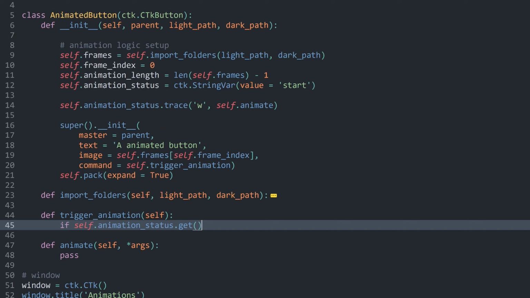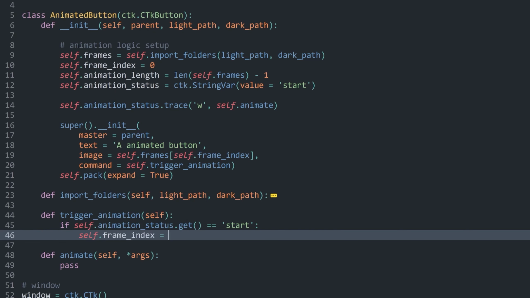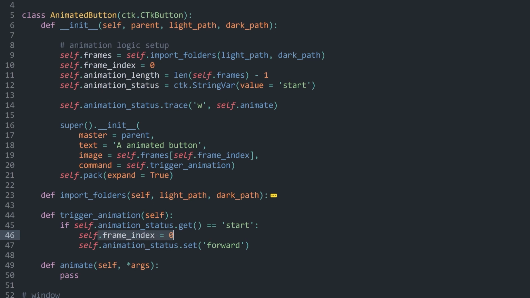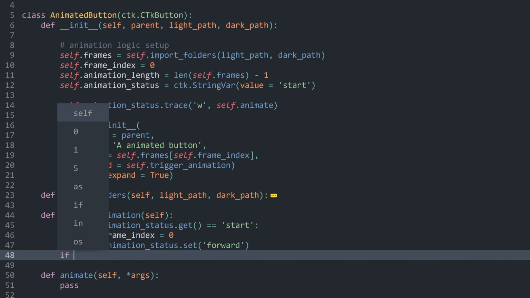self.animationStatus.get, which would right now get us start. If that is the case, so if this is equal to start, then I want to set self.frameIndex to 0. So we are starting on the first frame of all of the images. On top of that, I want to set self.animationStatus with the set method to forward, which basically means that we want to start at 0 and move the animation forward. Besides that, I also want to check if